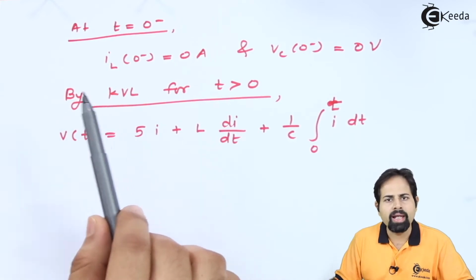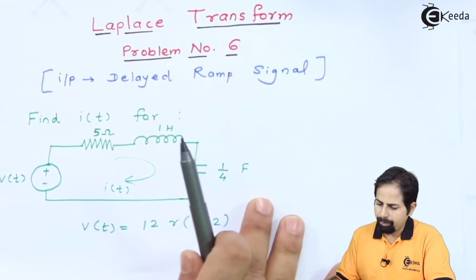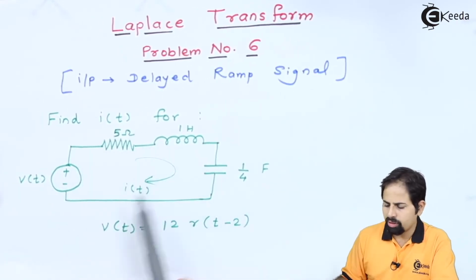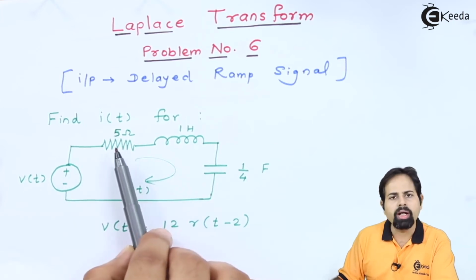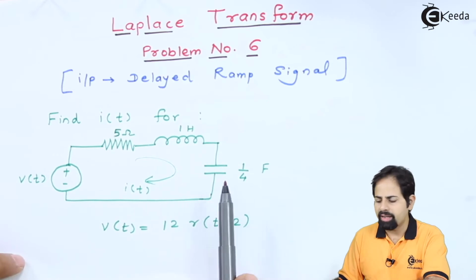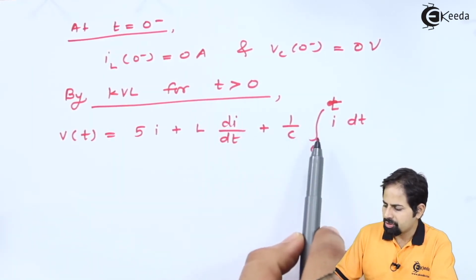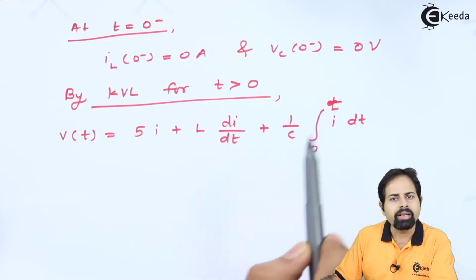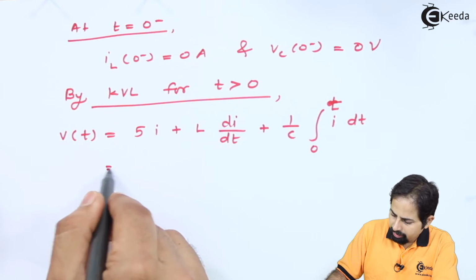Then the next step is applying KVL for t greater than 0. And when you see in this circuit, when I apply KVL, this is the voltage source. I am going clockwise as usual. So V of t will be equal to 5 into I plus L di by dt plus 1 by c integration of I dt. And so this is what I have written, 1 by c integration from 0 to t I dt. And then if I put the element values, I will get equal to